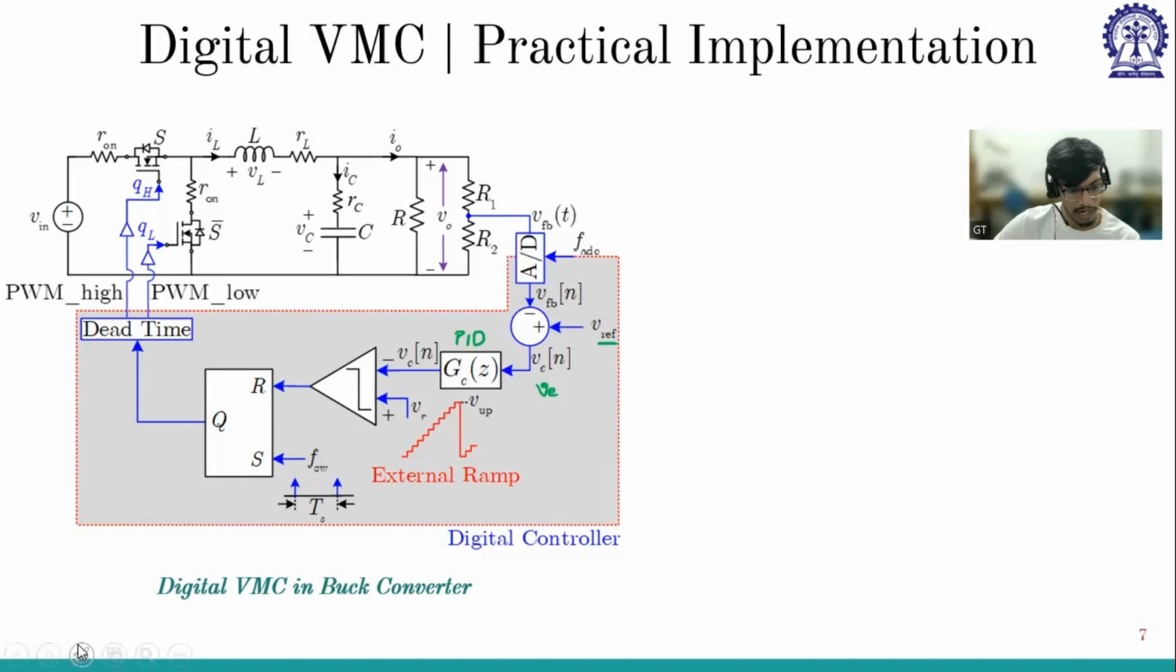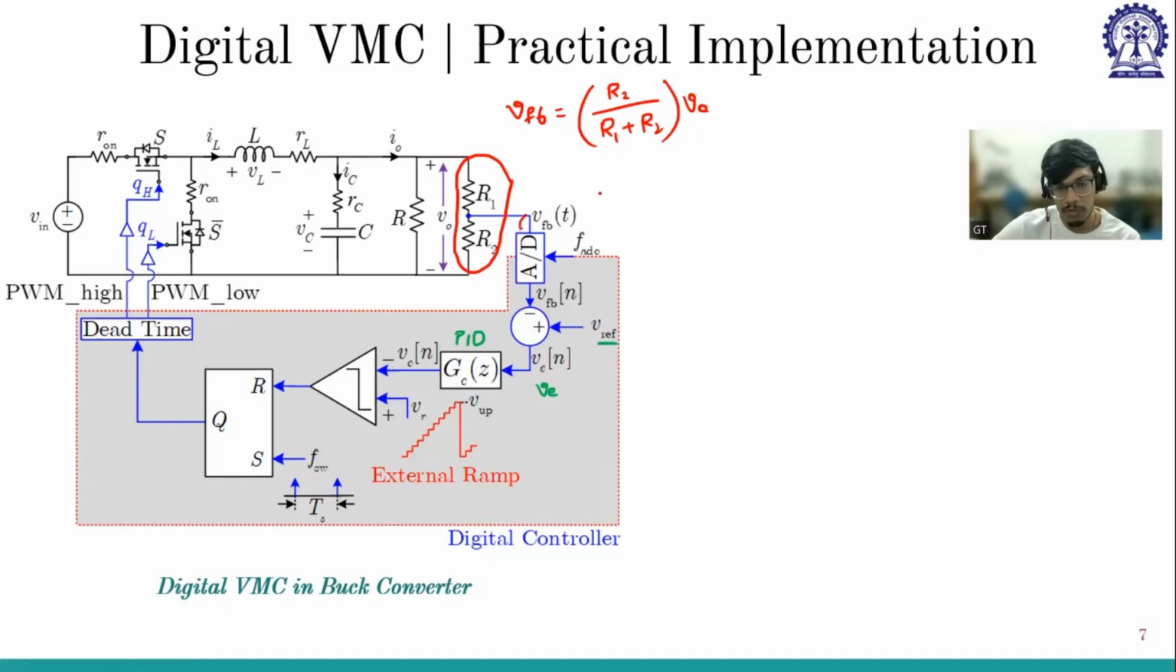So there is one additional block, if you have noticed here, which is this R1, R2. So we are stepping down V0 to V feedback. So if you see, V feedback is R2 by R1 plus R2 into V0. So why are we doing this? Because